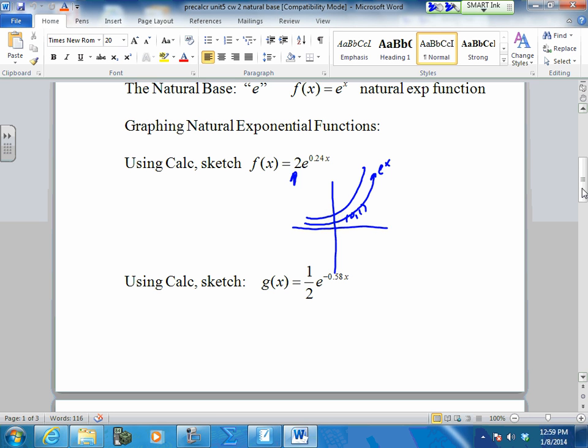But the rest of it will look like the same base. Anything with a negative will cause it to be a decreasing function. So you're going to see that. As long as you know where to find it in your calculator, I'm good with that. Now,